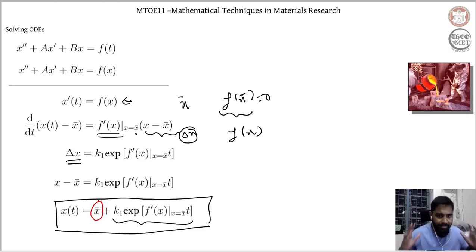When I'm saying my atom experiences a momentum, and this momentum depends in a specific way on the position of the atom, that is f of x. Now ultimately I want to know the position of the atom when it is experiencing a momentum of this kind. This position is now described with respect to another position wherein the momentum is 0. So that is how we have solved our nonlinear ODE, and that is how we have expressed the position of the atoms.